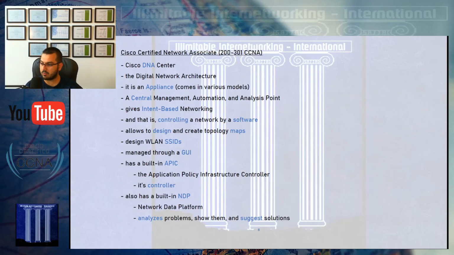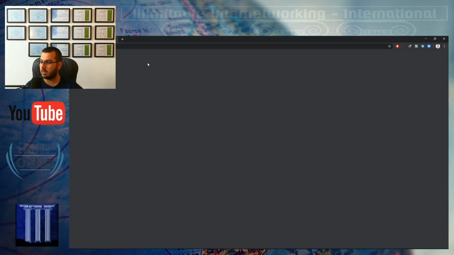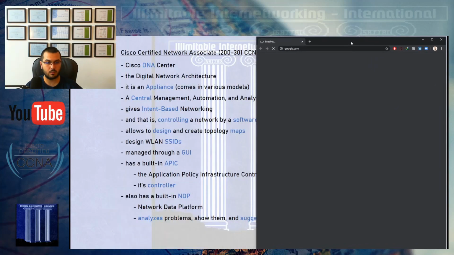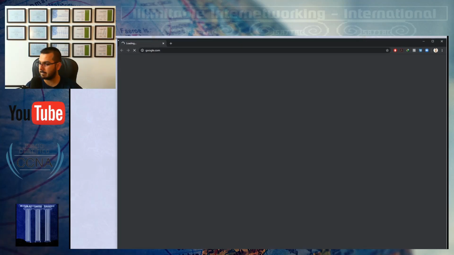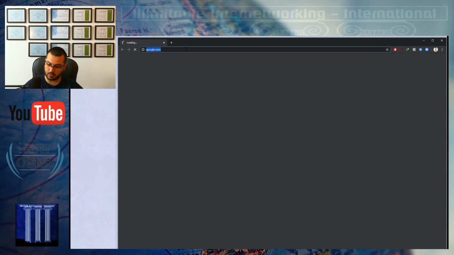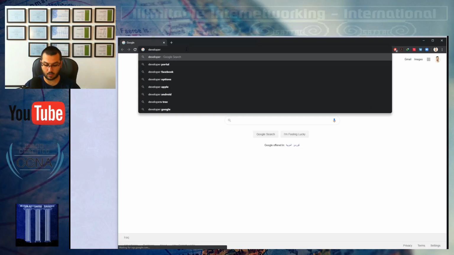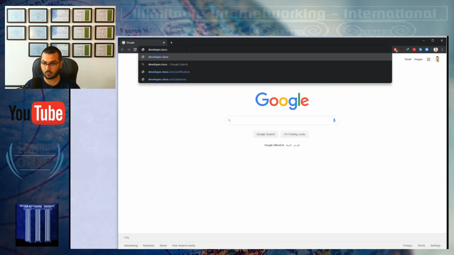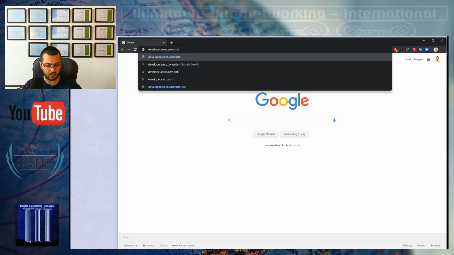But recently I found something wonderful, which is, let's use our web browser. I think that because of the camera, the entire screen will not be clear to you. There is a link that Cisco has offered for us. That link was developer.cisco.com. There is certification, start now, NETCONF, good. But it's not one of those. It's the site